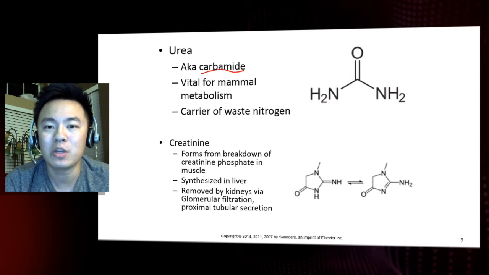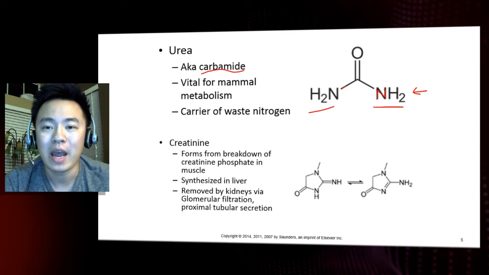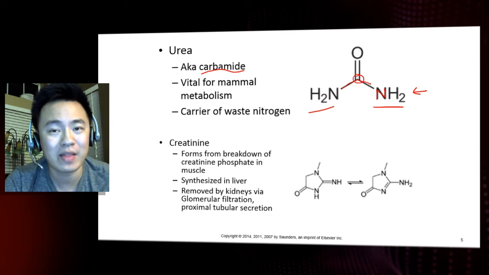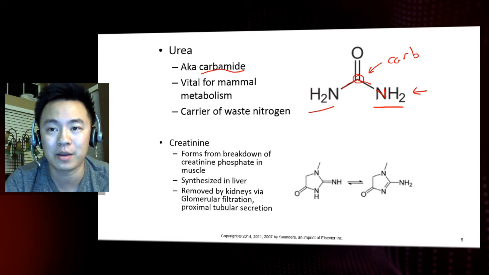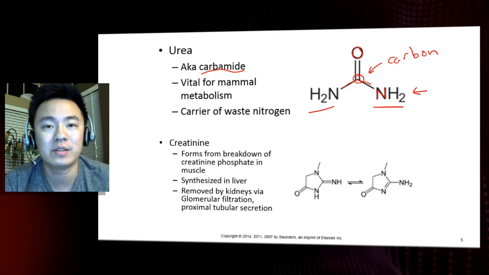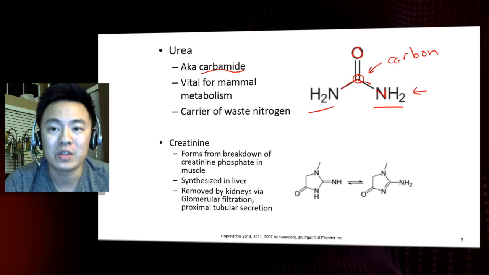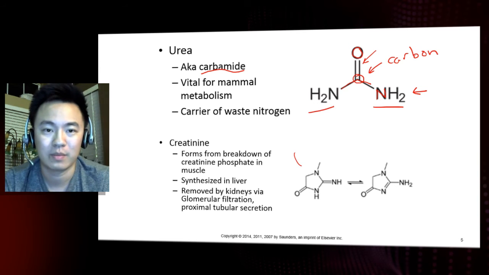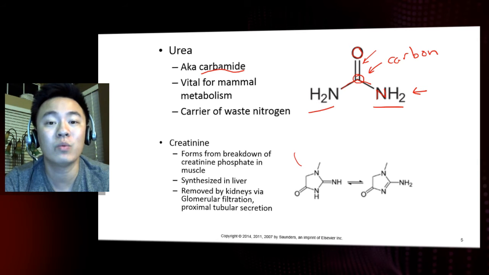We do here have something known as an amine group. An amine group consists of the letter N, the H and the 2. That's an amine group. And then right here at this vertex, there is this little upside down V shape. At that vertex is a carbon atom. Again, I don't want to get into too much detail about this, but that is a carbon atom. And right here above that is this letter O that indicates the oxygen atom. And here, this carbon atom is double bonded to the oxygen atom. So this would be a carbamide, also known as urea. And this here is a carrier of the waste nitrogen.